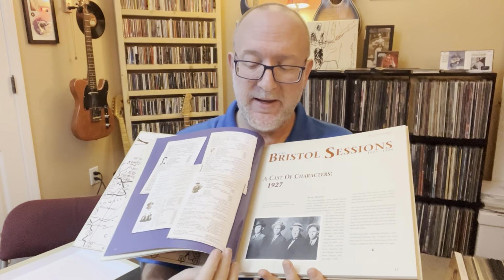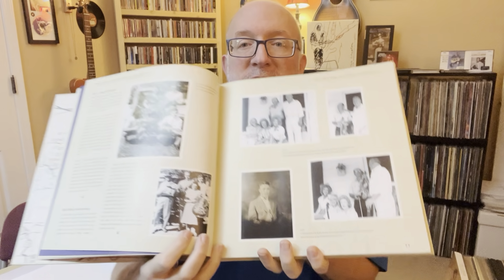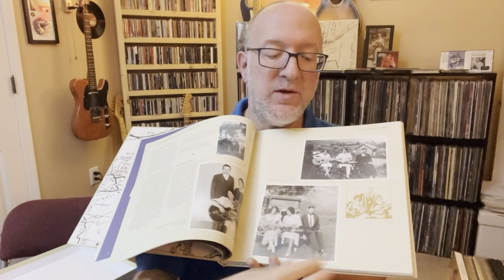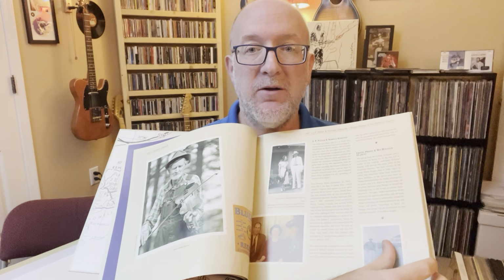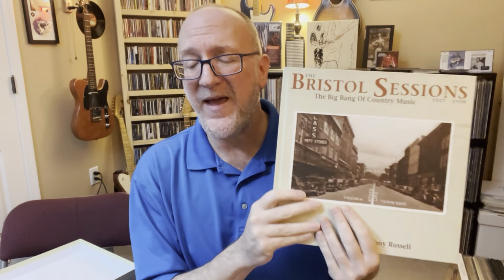If you're a history buff like I am, I love history, especially music history, you're going to dig this. And all three of the box sets are similar. There's one of the Johnson City sessions, one of the Knoxville sessions. If you can get your hands on them, I would definitely recommend it. I won't flip through the entire book here, but you can see how much is in here. It's text and writing and pictures and a lot of information on the sessions, who played. You've got some of the first recordings of Jimmie Rodgers on here, the Carter Family,